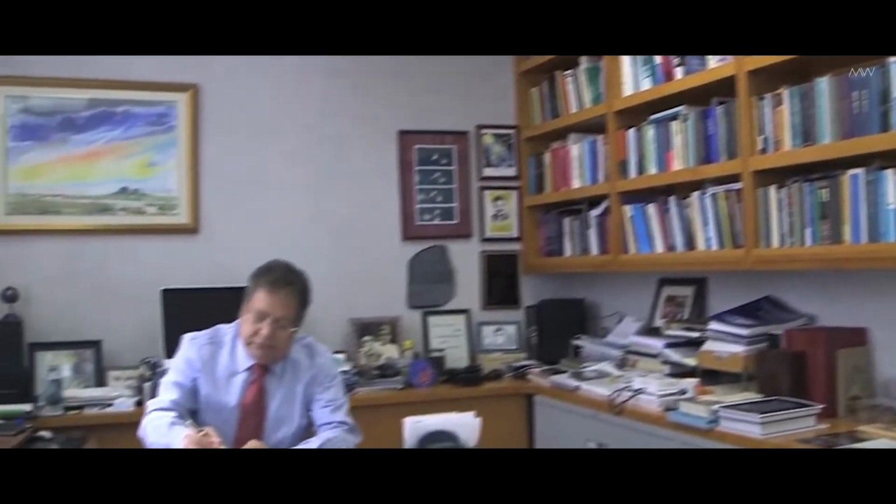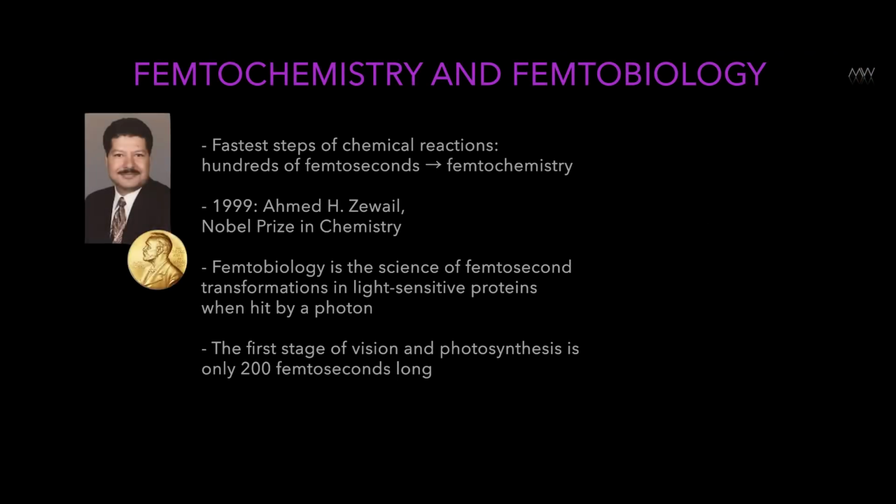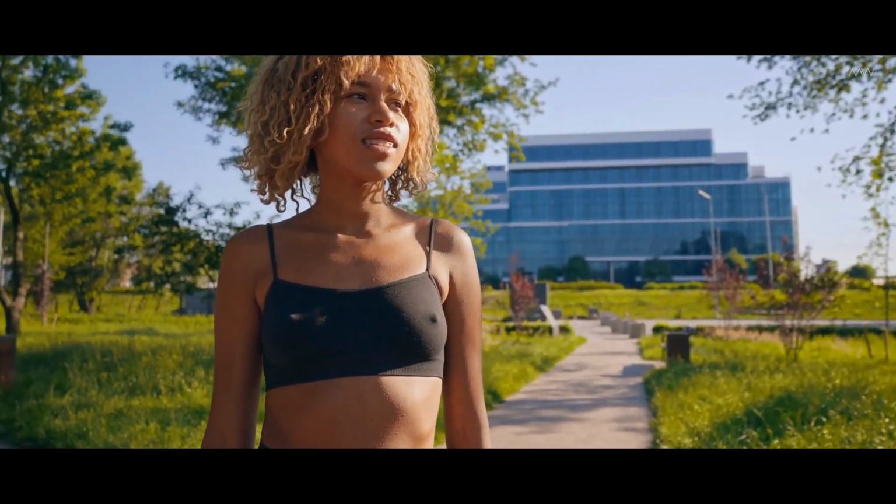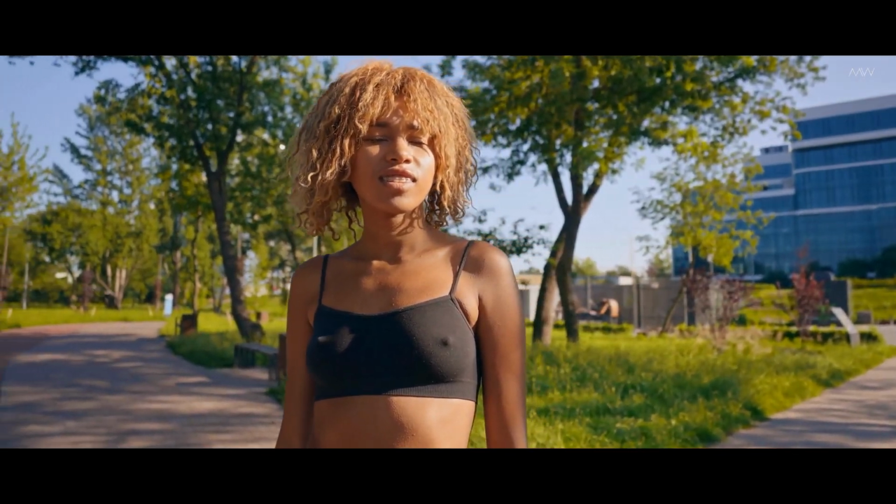He is a researcher of Egyptian origin. He did his main work in the United States, but in Egypt he is very much loved and remembered. In his honor, there are whole cities named after him. Anyway, he was a cool man and he developed a lot of things. It's interesting that some chemical reactions, which are biological processes, also take that amount of time, and this research was called femtobiology. So those rare processes that take time in the range of hundreds of femtoseconds, which are important for example for vision or photosynthesis, are all also studied by these same methods.